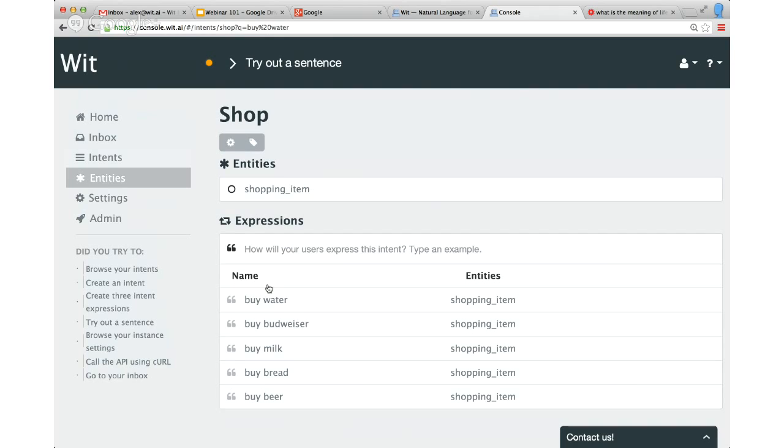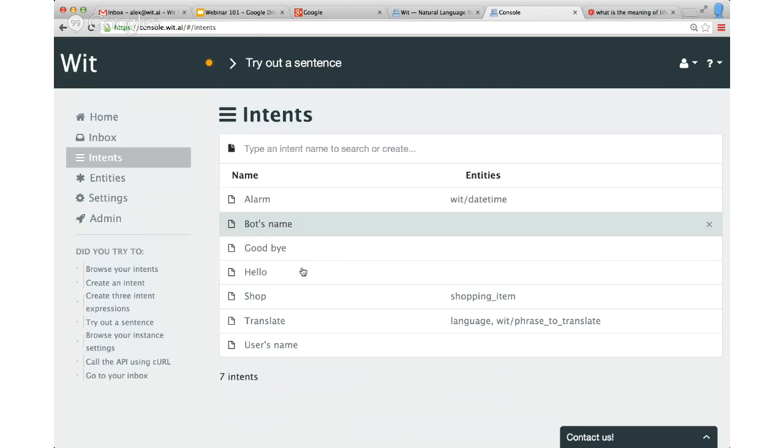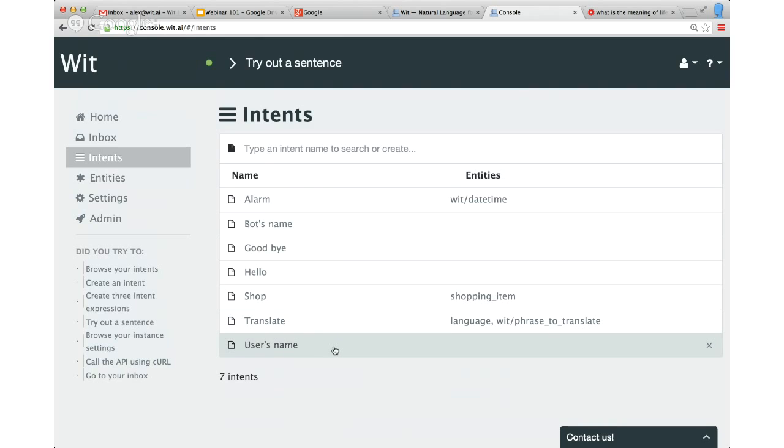So we've done, it's a very small agent, but already we know to say hello, set an alarm, build a shopping list, shop to the list, translate some things, and so on. It's important now that we start integrating our virtual agent with actual users, beta users.